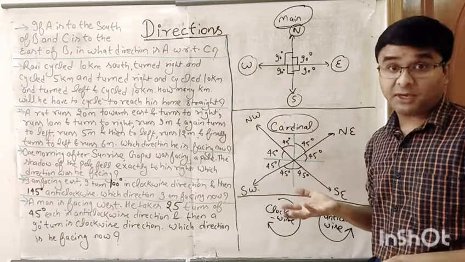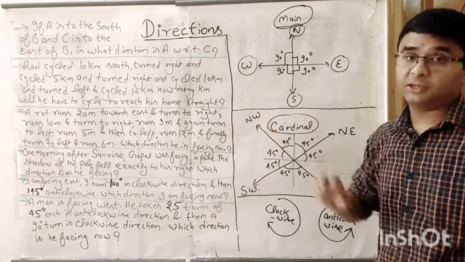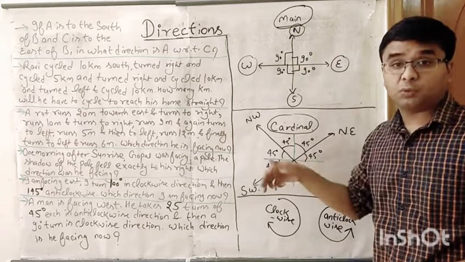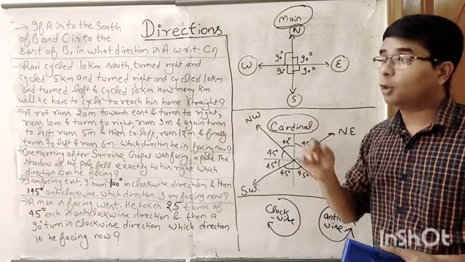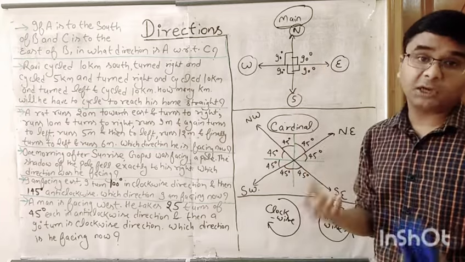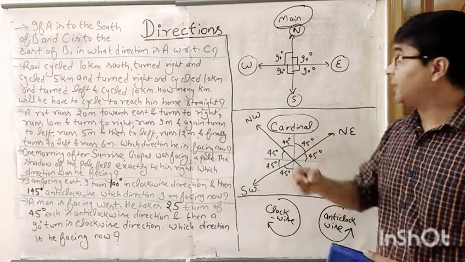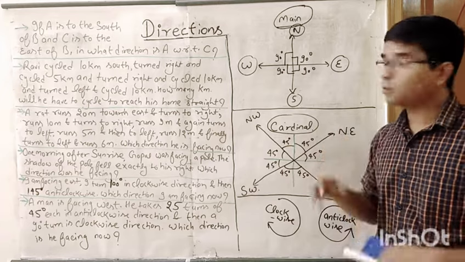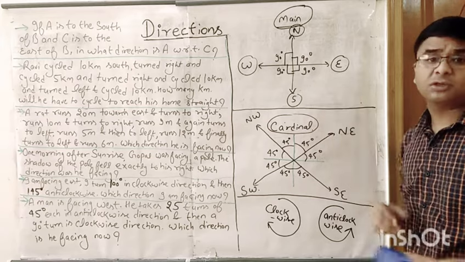You have to use it the same way while doing the questions also. Do not assume up, down, right, and left to be anything other than north, south, east, and west respectively. Obviously, on a 2D board, I cannot express north, south, east, west. The north in the physical world is never up. There is no up and down involved in the physical world. But while doing the questions of this topic, you can take a trick: north to be up, south down, east right, and west left. Each main direction is 90 degrees apart from each other, as you can see. This is a very general thing.